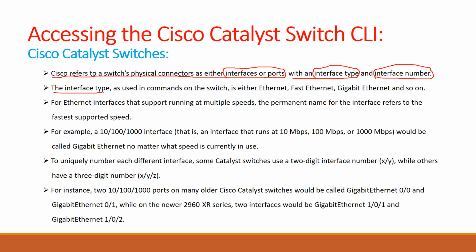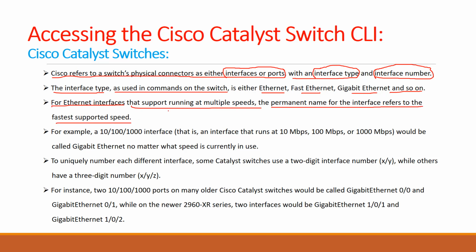The interface type, as used in commands on the switch, is either Ethernet, Fast Ethernet, or Gigabit Ethernet, and so on, 10 Gigabit Ethernet, for example. For Ethernet interfaces that support running at multiple speeds, the permanent name for the interface refers to the fastest supported